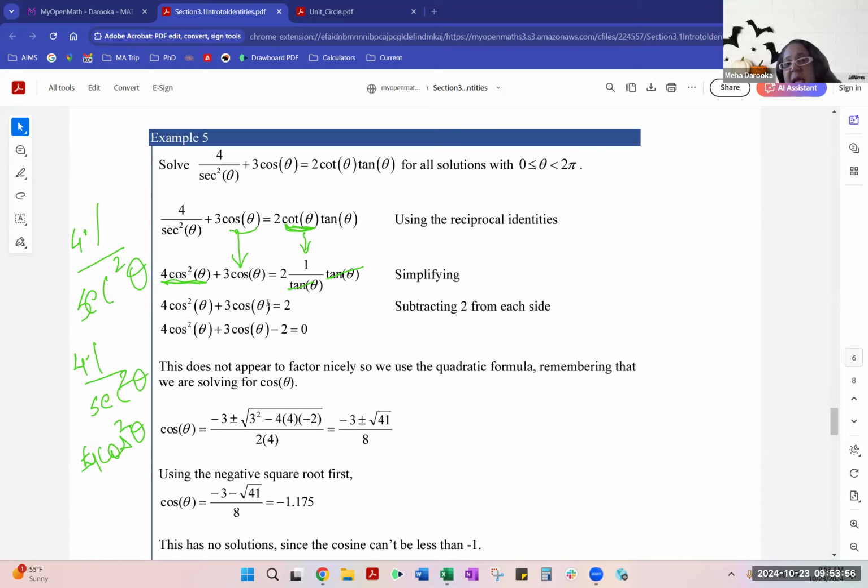So there are no factors, which means the only other thing we can do is use the quadratic formula, and that's exactly what we have here. You can again use u substitution if you want. They are just using cosine of theta as the function we're trying to solve for. So you can see our b value, and just to remind you guys, our quadratic formula, and I'm putting this in generic terms, is x equals negative b plus or minus the square root of b squared minus 4ac, divided by 2a, right? So we are using that. And then, of course, just plug in all of your a, b, and c values in there, right? And you end up getting